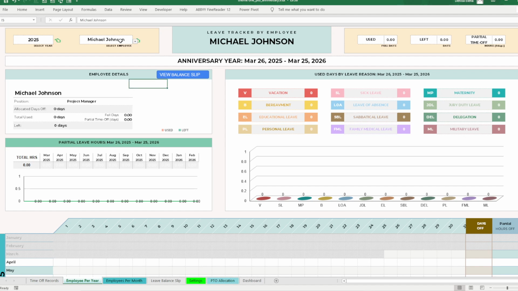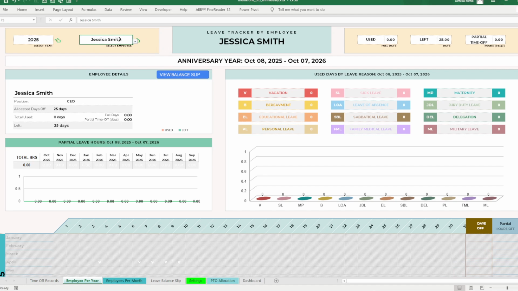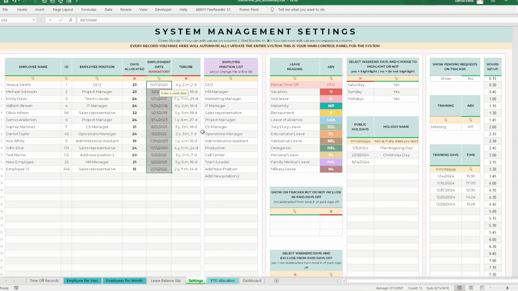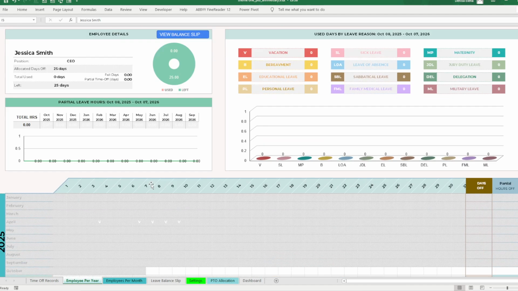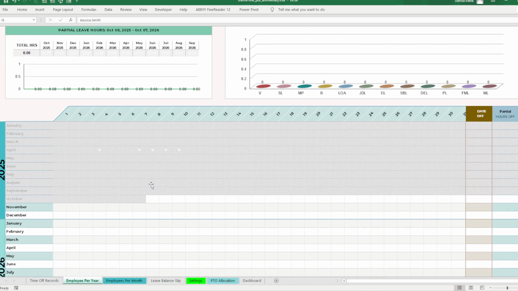Let's take, for example, to explain better, Jessica Smith. We have this employee, Jessica Smith. According to our settings tab, Jessica Smith was hired on October 7, 2020. Okay, when we go into the system, we will see